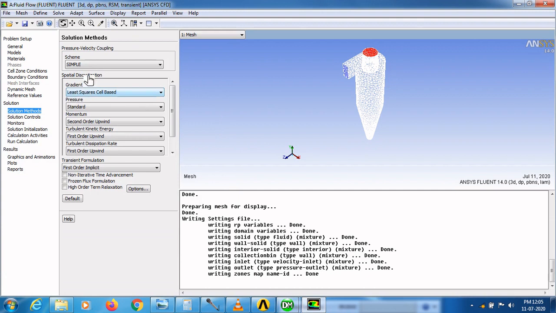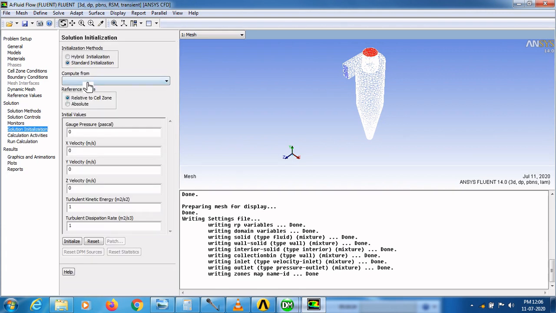And go to solution methods. In solution method, you have to select second order upwind option in momentum panel and second order upwind in turbulent kinetic energy panel, and also second order upwind option in turbulent dissipation rate.